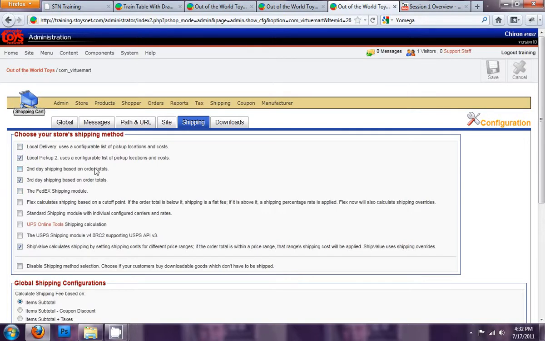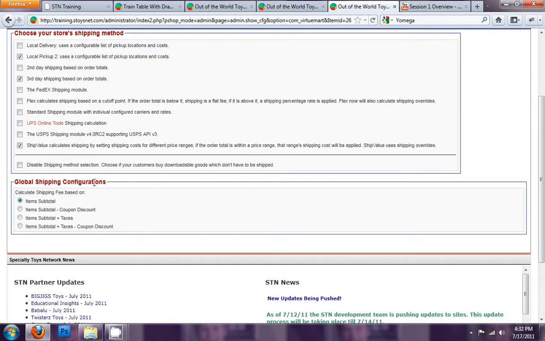I'm going to leave local pickup on. And then it also down below here says global shipping options, which calculate shipping fee based on item subtotal. And these are for the cart total calculators. Item subtotals minus coupon discounts. If somebody had a coupon and they entered it in, it would then calculate shipping costs based off of the